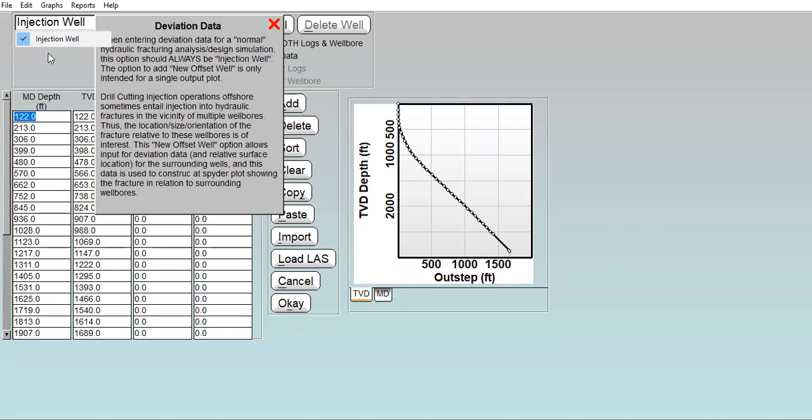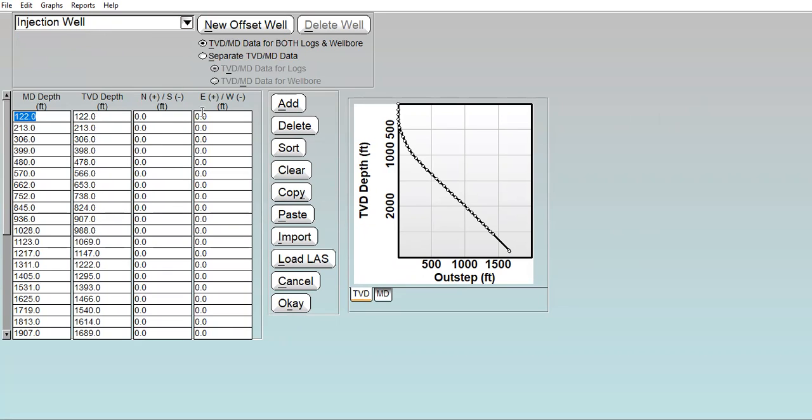You can open the drop-down menu. It's injection well. Okay. And then here I take this one, TVD MD data for both log and wellbore. Yeah. So we apply the same TVD MD relationship for both the well log and the wellbore configuration. Okay, if you want to delete the well here, if you want to add new offset well, you can click